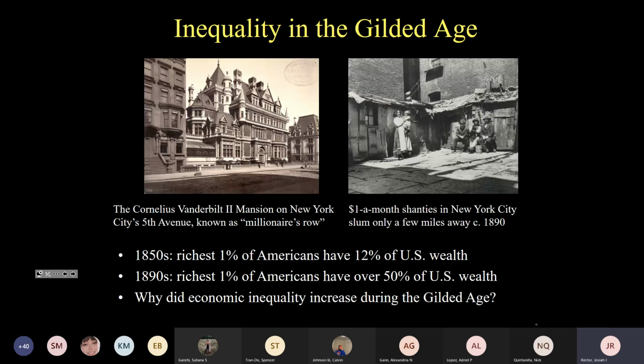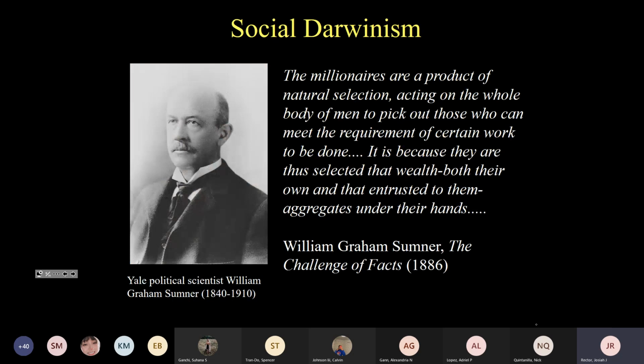I'll just give one example. There was a story about one magnate throwing a party for his dog and giving it a diamond collar worth $15,000 during the Depression of the 1890s. There was one party at Delmonico's restaurant in New York City where the guests smoked cigarettes wrapped in $100 bills. And this was happening while you have all these tramps roaming the streets or people living in shacks, right? And this kind of thing generated a lot of anger. But there were some who said this was not a problem.